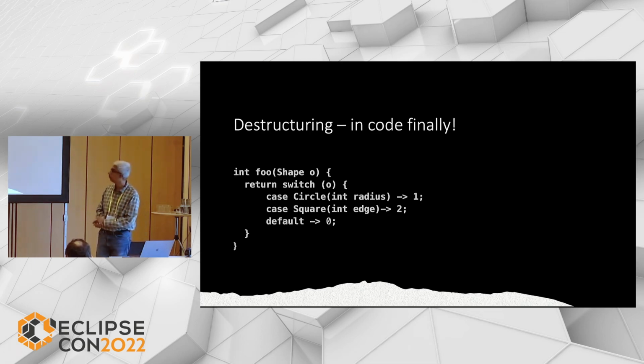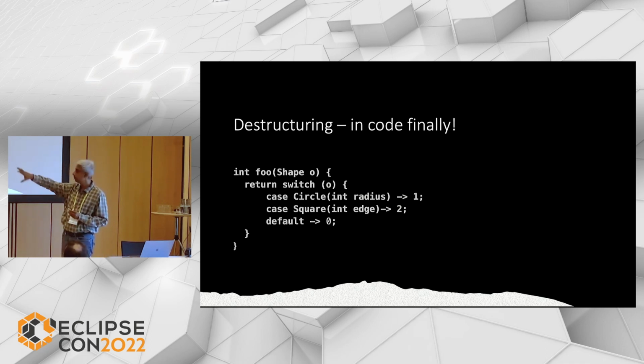So how do we do that? If you look at the code, you can see that this is a pattern switch where you are switching on a type. We are not switching on a value. Earlier, we are all used to switch i, case 1, case 2, case 3. So we are getting into a constant, and we are switching on a value. But in this case, we are switching on a type, and we are saying case Circle, whatever, case Square, whatever. So this is kind of destructuring right from the language without explicitly having the instanceof.